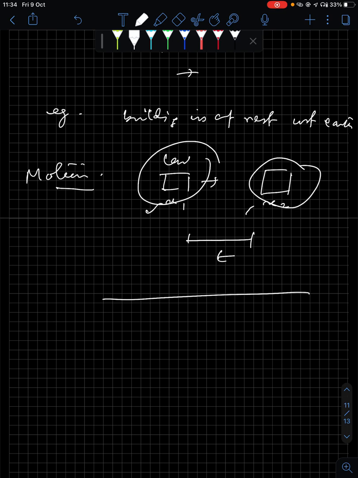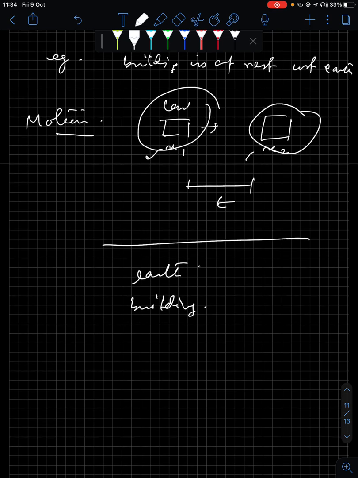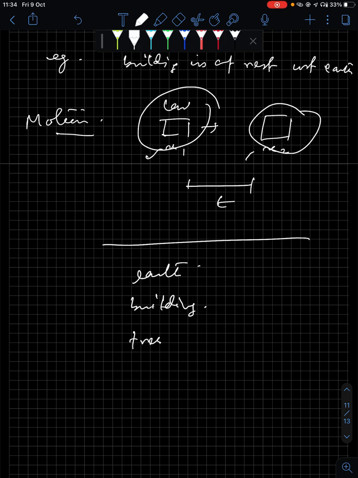So here also you are considering a frame of reference to define the state of rest or motion of the car. What is that frame of reference? The frame of reference could be the earth. Okay, the frame of reference could be the earth. The frame of reference could be buildings. All right, that frame of reference could be trees, because with respect to this, the car is changing its position,